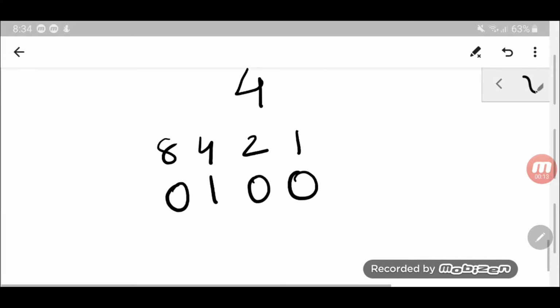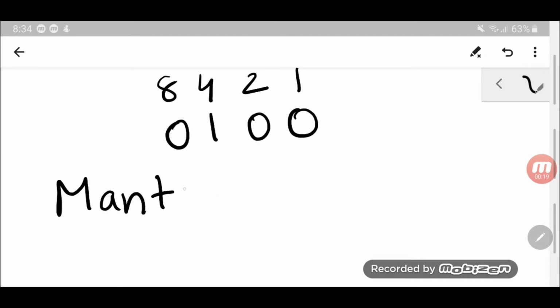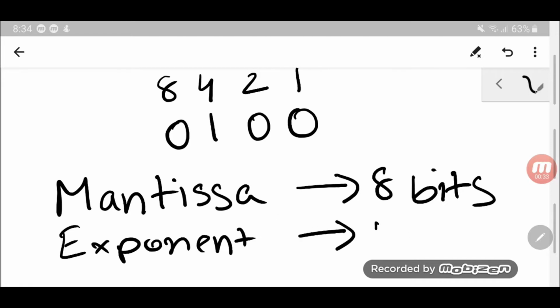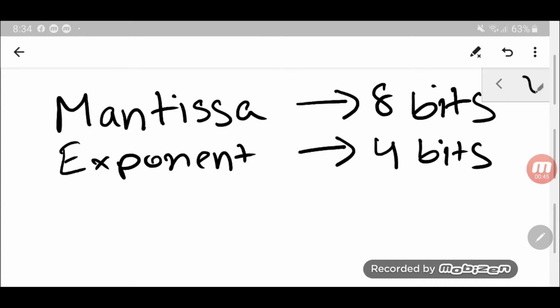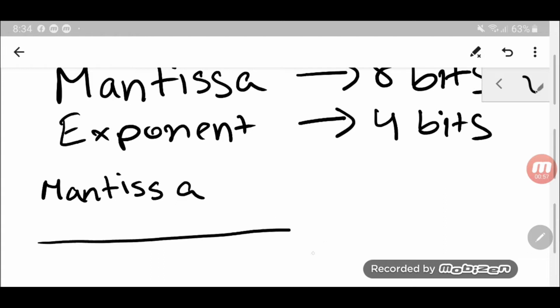So a floating point number uses 8 bits for the mantissa, and it uses 4 bits for the exponent. Let's place the place values for the mantissa register and the exponent register. So the mantissa register will be like the following: